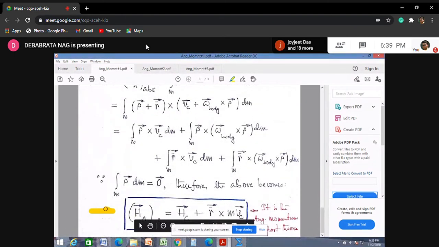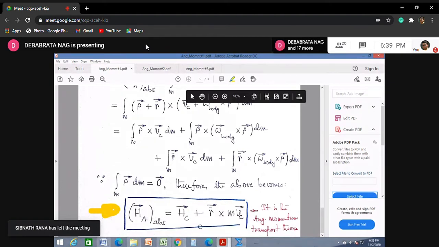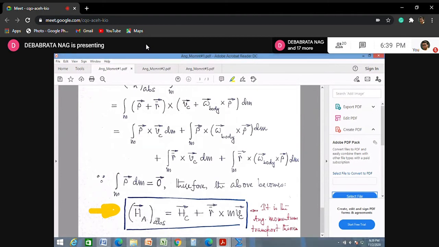This is actually the most general form of equation, and we can safely apply this equation about any point. So here it is the absolute angular momentum. It is not the relative term. Please note, this is the absolute angular momentum, and this is what is termed as the momentum transport theorem,